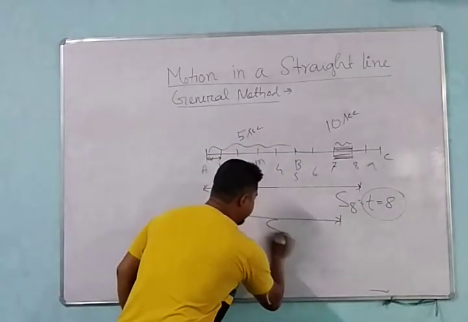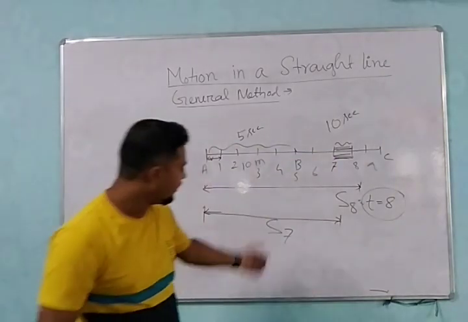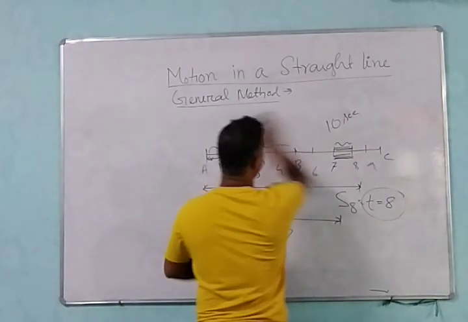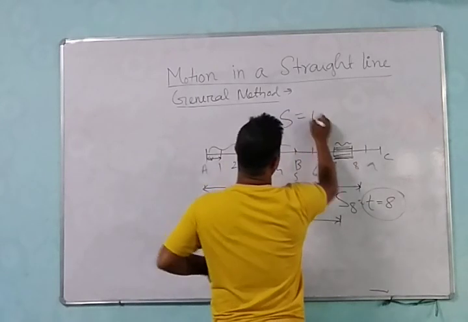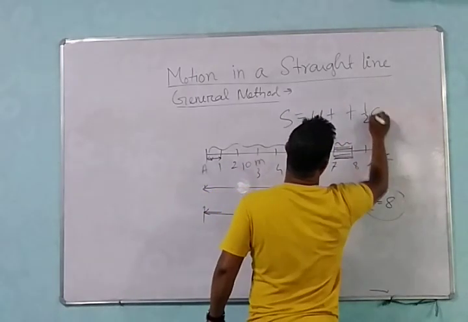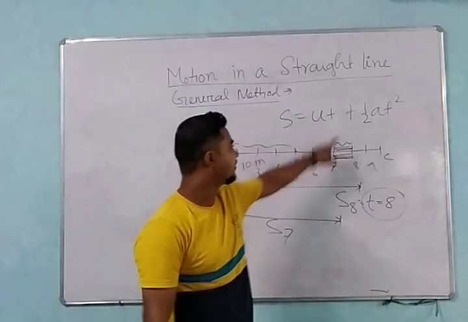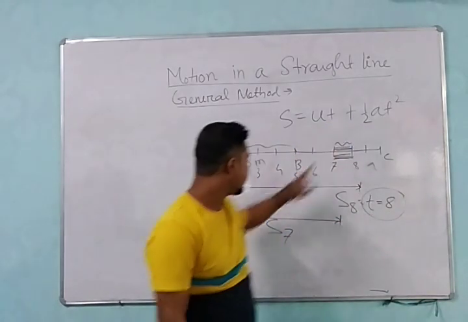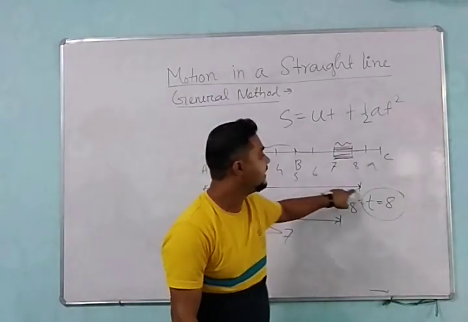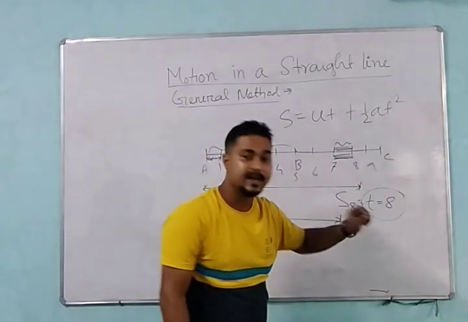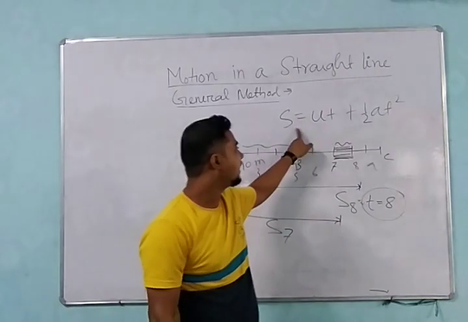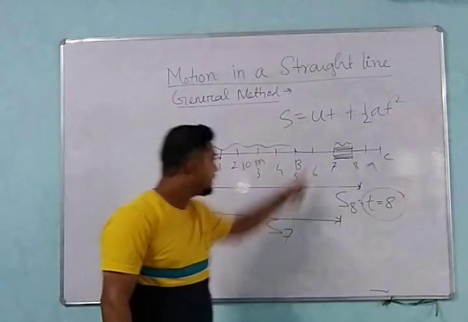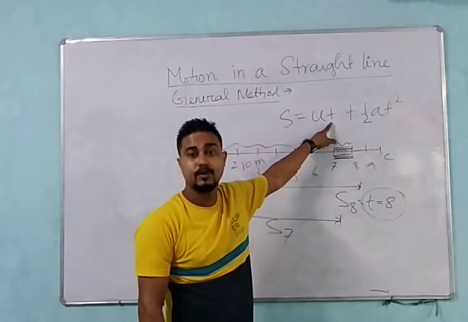It is s7, however, as a formula, s is equal to ut plus half at square. So here is the time scale t, and if I put 8 there, then I will get the distance traveled by the body in 8 seconds. If we put the time